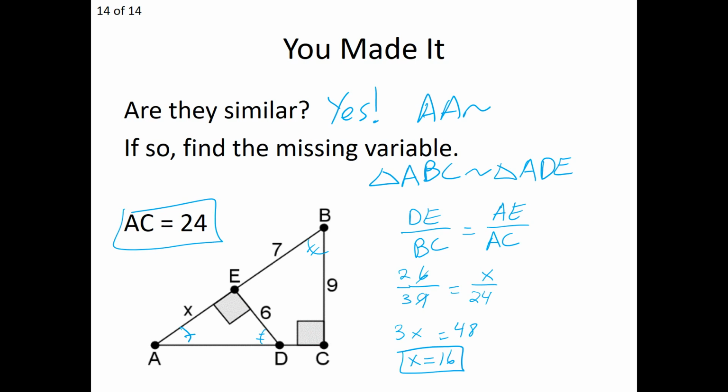So on the worksheet, you're going to be putting to use the three similarity shortcuts: angle-angle, side-angle-side, and side-side-side similarity. You're going to determine if the triangles are in fact similar. You're going to determine why they're similar. So you're going to tell me, is it angle-angle? Is it side-side? Or is it side-angle-side similarity? So please be sure to hop over and take a look at the 7.4 worksheet on side-angle-side and side-side-side similarity. If you do have any questions on that worksheet, do not hesitate to